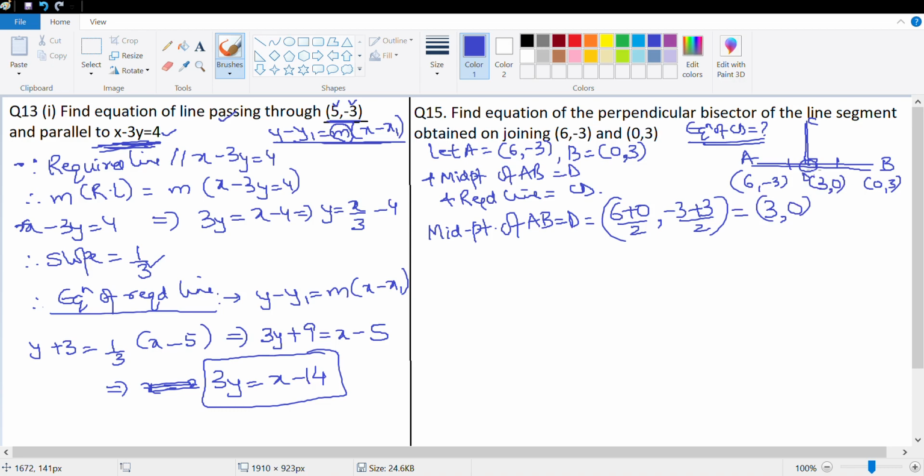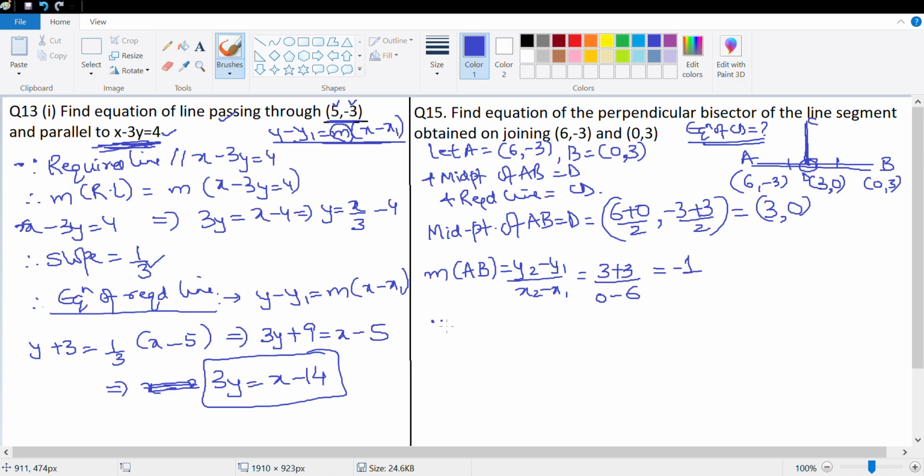I need to find the equation of a line which passes through D, which is 3 0, and is perpendicular to AB. So let's find the slope of AB. The slope of AB will be given by y2 minus y1 upon x2 minus x1. In this case, 3 minus negative 3, which is 3 plus 3, upon 0 minus 6,